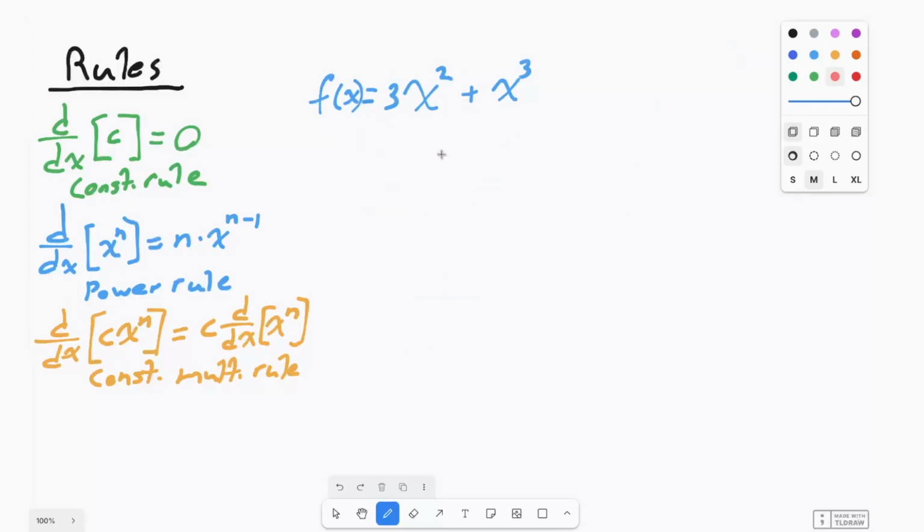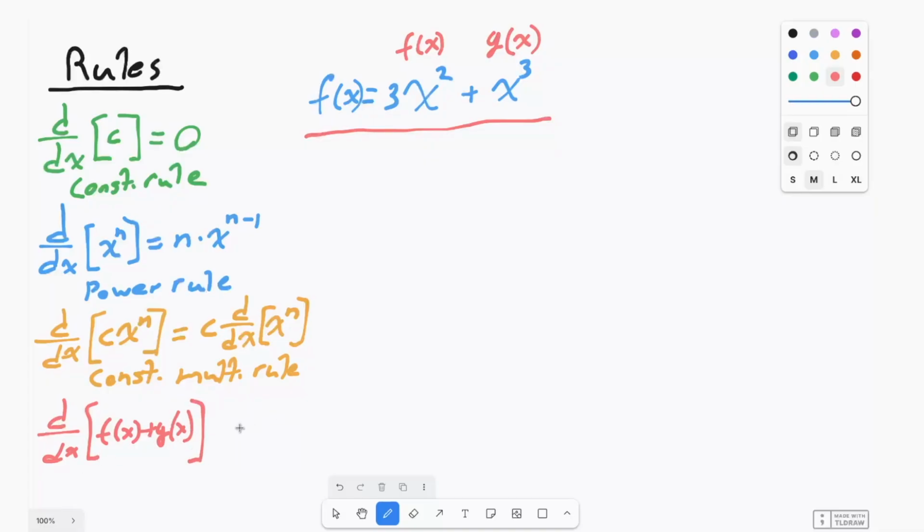So what if we wanted to take a derivative of a function that looks like this? F of x equals 3x squared plus x cubed. To take a derivative of this function, we're essentially going to break this function up into two different functions, 3x squared and x cubed. And we're going to establish a new rule for doing this. So if we call this term 3x squared f of x, and we call this term over here x cubed g of x, our new rule tells us the derivative of f of x plus g of x,